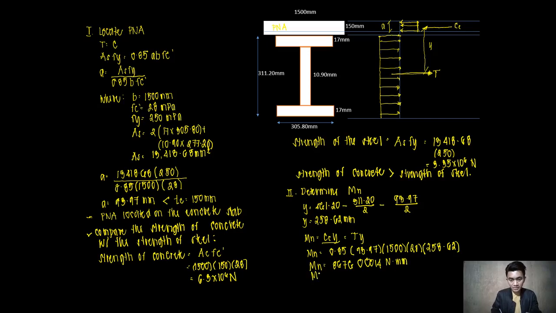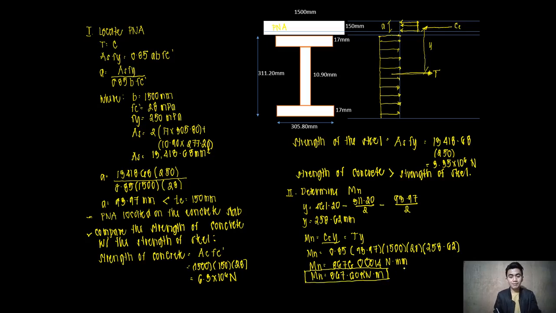For simplifying this one, M sub N is 867.60 kilonewton meter. This is now our final answer. The nominal moment capacity of our